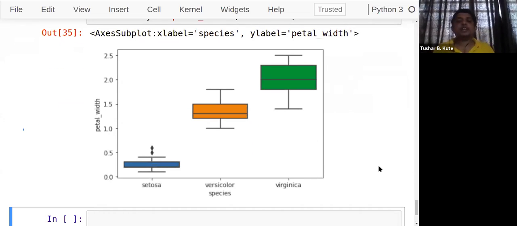So it is a perfect data set for classification. If there are many overlaps, that cannot be considered. The input variables present are completely separate. That's why a classification algorithm can perfectly work on this kind of data set, which we can find by using this box plot here. Fine. So that's the idea of box plot.